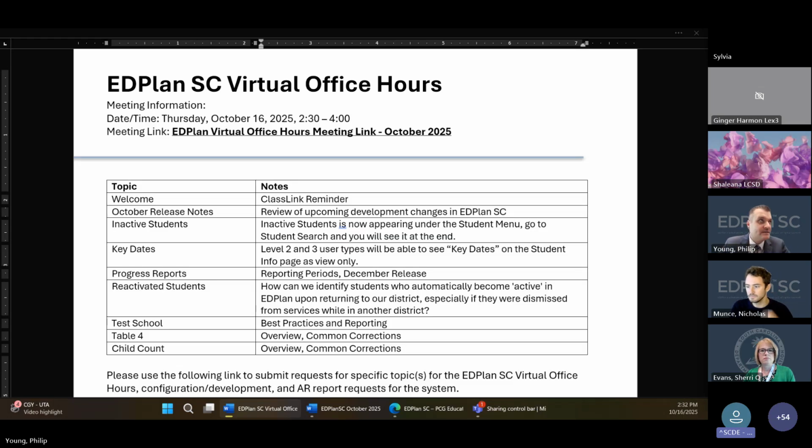So unfortunately, if you are not able to see the icon in ClassLink, under SC Learn or StateLink, however it is, PCG is not able to help with that. That would probably be your district IT folks or ClassLink that you need to reach out to.